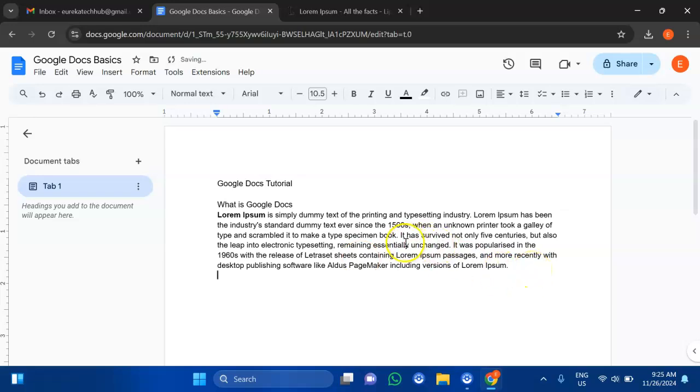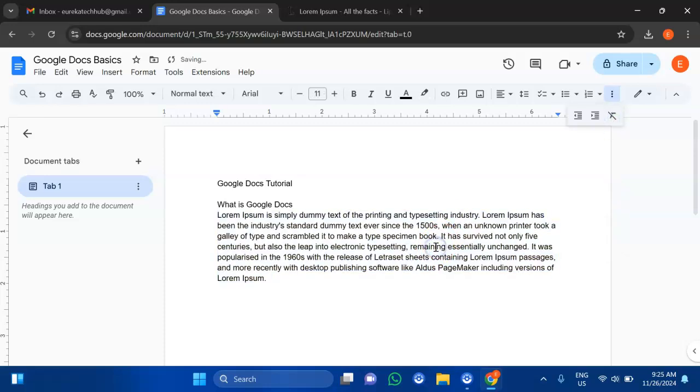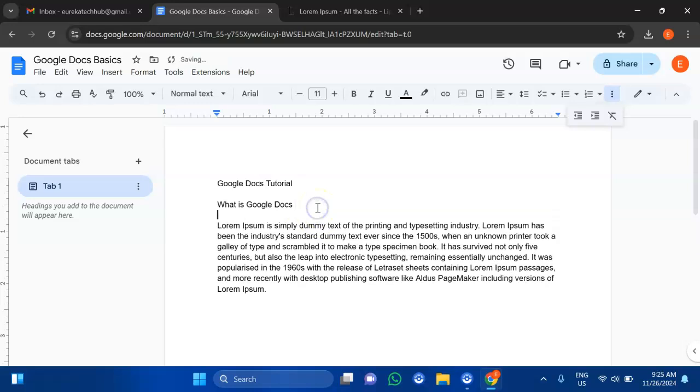So we have our content, and I'm just going to copy this again. First, I'm going to clear formatting, and clear formatting means I don't want the formatting that has come with this text. I want to work with it afresh. So I will highlight it and come right here and select this clear formatting tool, so that we start formatting it by ourselves. Okay, so I'm going to copy this